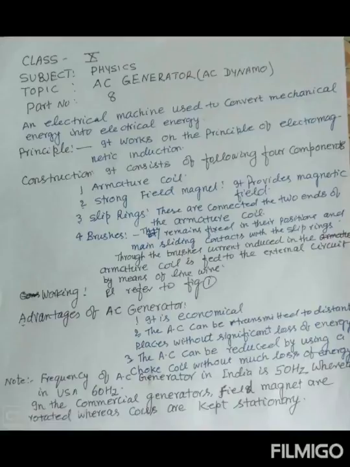According to Fleming's right hand rule, the induced current flows from A to B and C to D during the first half rotation of the coil. The induced current flows in the direction A, B, C, D,